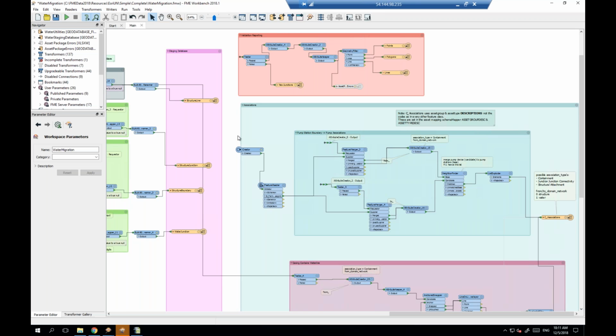But there are certain ones we do have to create for the simple migrations. Now, the simple does not have the concept of a true assembly or a high fidelity assembly device where you model each individual device within it. But there are certain cases where you still need to create an association. One of them I just mentioned was the pump station and pumps. So if you have pump stations and pumps, they need to be associated with one another